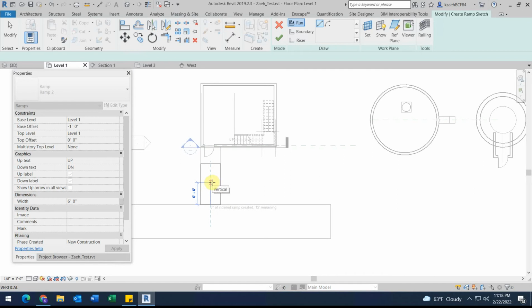The reason it gives me an exact length is because ramps can only go up 1 inch for every 12 inches if you want them to be wheelchair accessible. That is pretty steep. You don't want a ramp that's steeper than that. So if I were to stop halfway, it wouldn't go up the full height. I need to make sure I have enough room to go up this full height. So I have my 12 feet, I click,